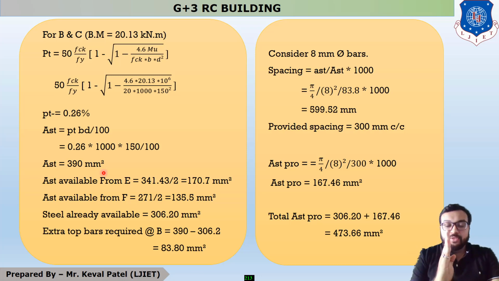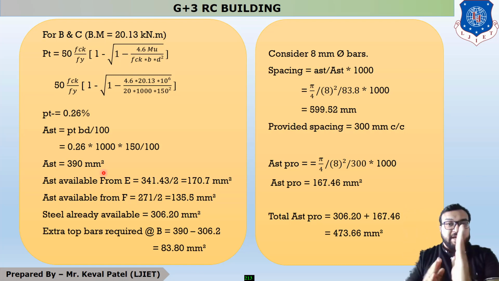Now you all know that whenever the reinforcement is provided over here, this is your E point, you have to remember one word: alternate bent up. It means one reinforcement is discontinued over here, and the second reinforcement is bent up and going to the next slab. It means half the reinforcement is discontinued at this edge and half the reinforcement continues on the other